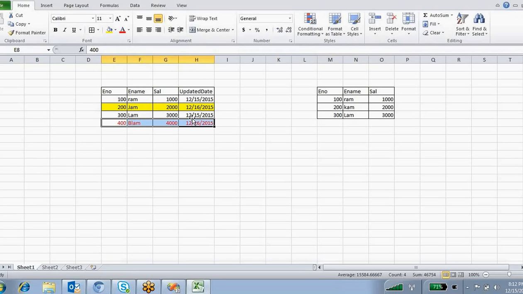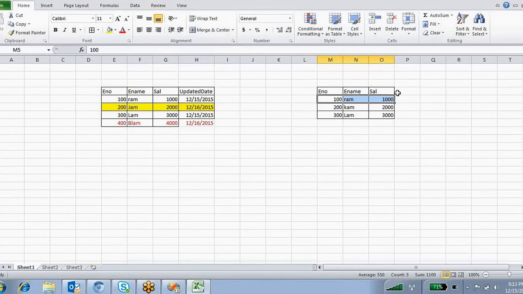So you are going to load this data into your target table today, into your database. How are you going to load? So again you are going to load this entire data? 100 ram 1000, that employee is already existing. So why would you load this employee information again? You are not loading it, right?